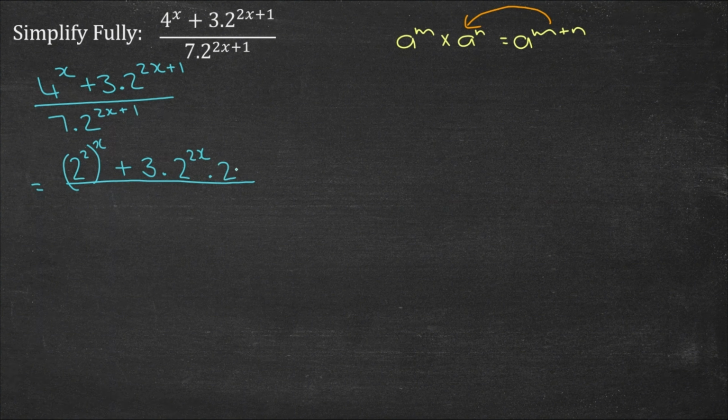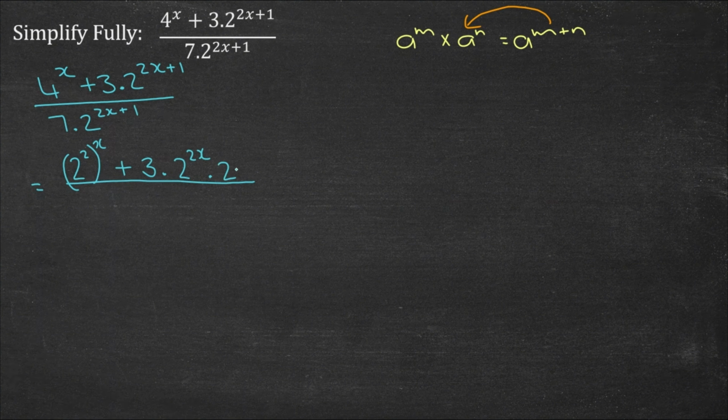Let me quickly show you. If I have 2 to the power of 2x, like I did here, multiplied by 2 to the power of 1, I'm multiplying. My bases are the same. I have to keep the base and add the exponents. So do you see that we actually ended up with the same thing? So even if we do the reverse action, this is equal to this. Okay, now let's do the denominator. This 7 is a prime number. I can't do anything with this at the moment, so I'm going to leave it as is.